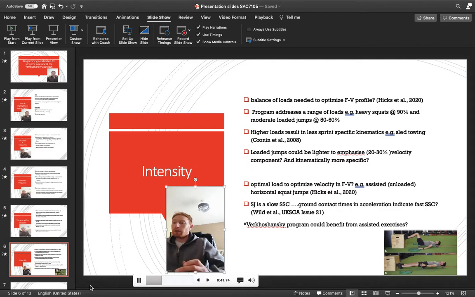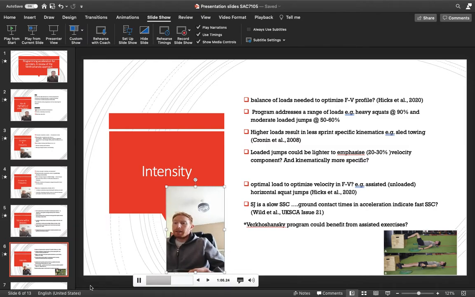It's going to change the way you produce force if you have loaded it too much. So if we look at loaded jumps, in Verkhoshansky's program that could be adapted so that perhaps, lower than 50 to 60%, we bring it down to 20 or 30% even, and we really emphasize that velocity component, and we make it more kinematically similar